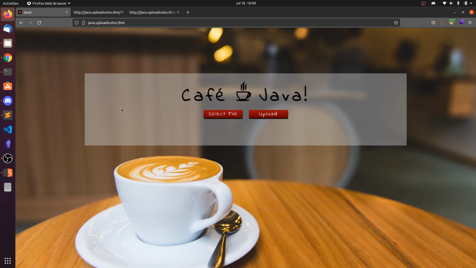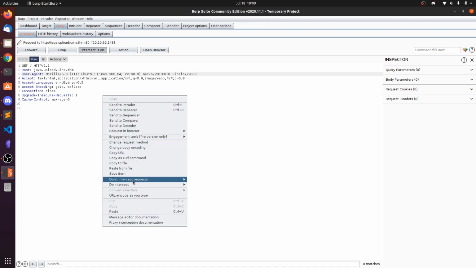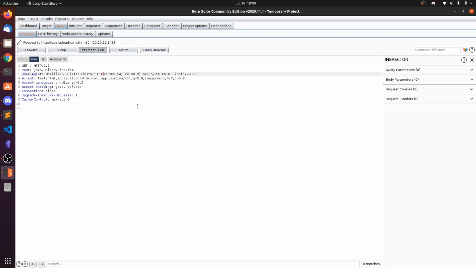So refresh this page. Now you can right click on this and click on do intercept response to this request. So the response will be sent to Burp and Burp will capture it here. So you can edit and you can send to the browser.